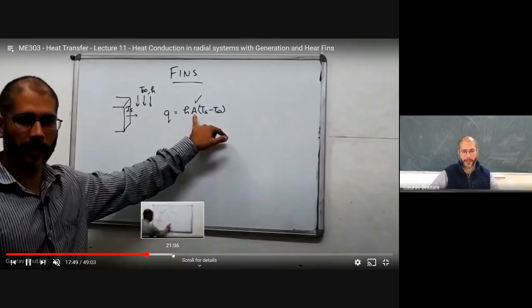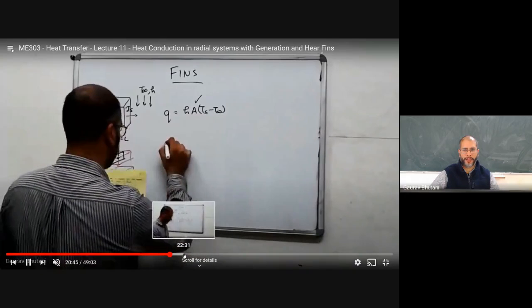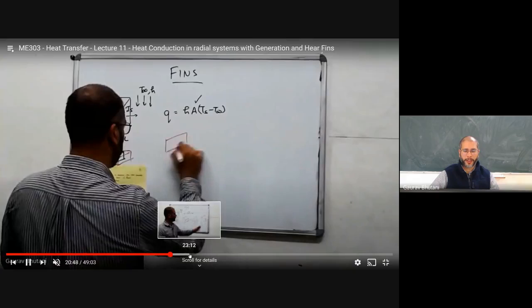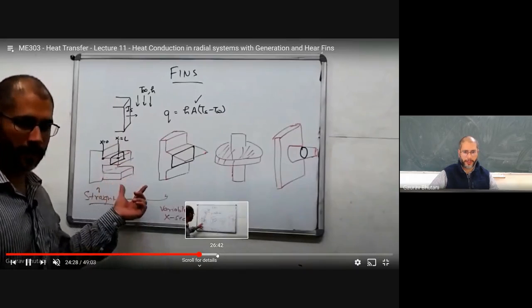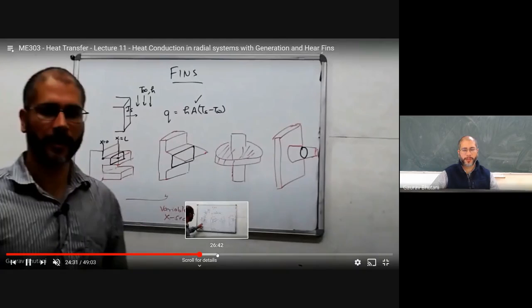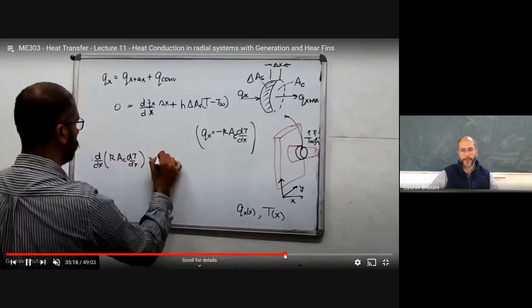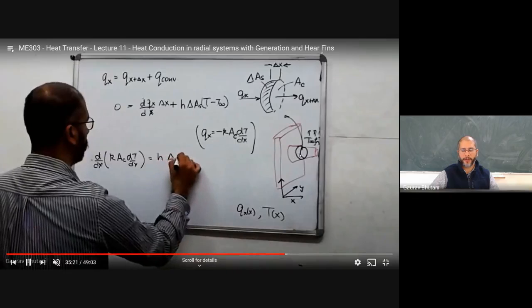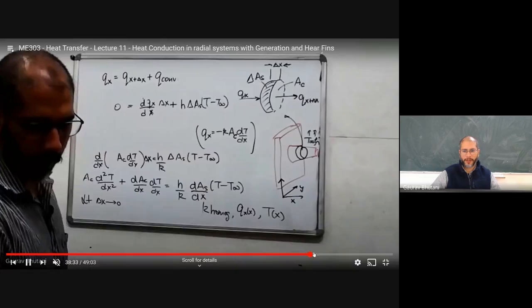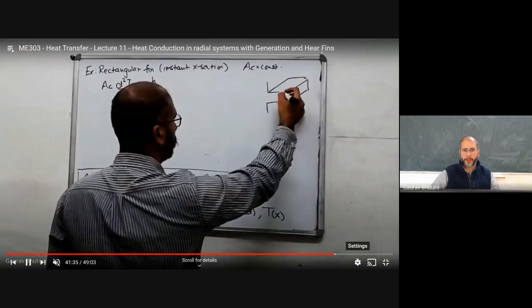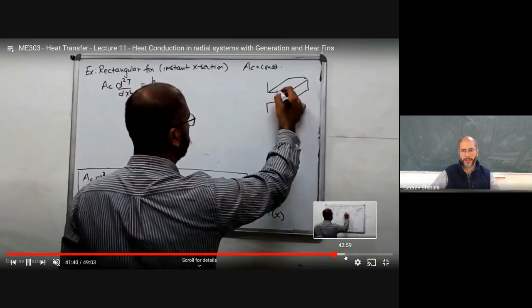Fins are very important objects because they help us increase the surface area and hence maximize the rate of heat loss. We see fins a lot in many engineering devices, including automobiles, computers, heaters and so on. For these fins, we first derived the equation for a pin fin, where the cross-section area was changing. Once we derived that using the energy balance, we then moved on to applying this equation to a rectangular fin, a simpler situation because the cross-section area is constant in this case.